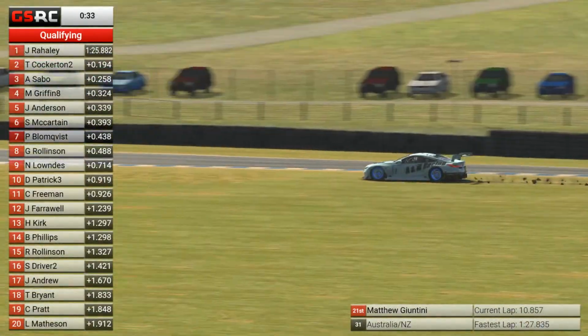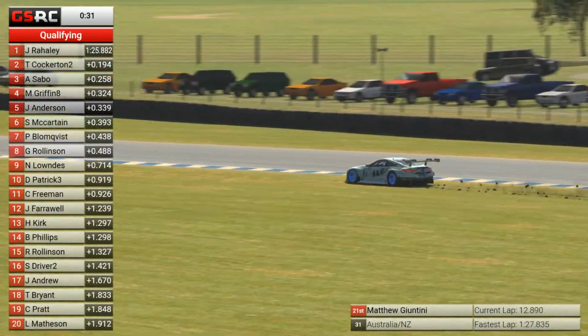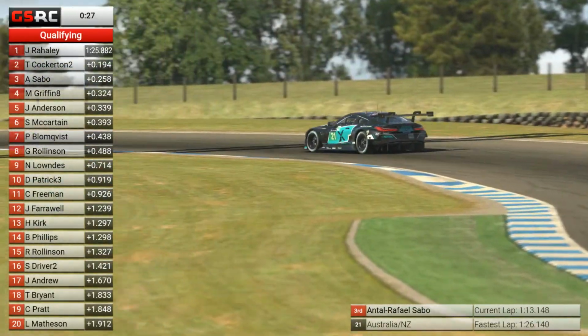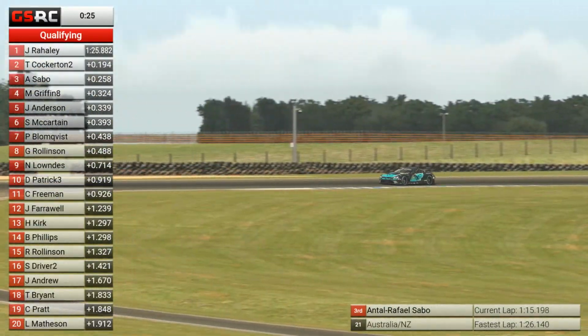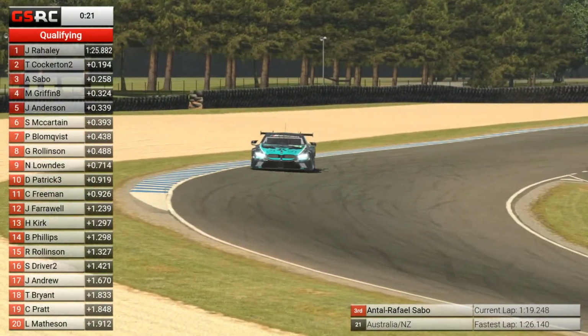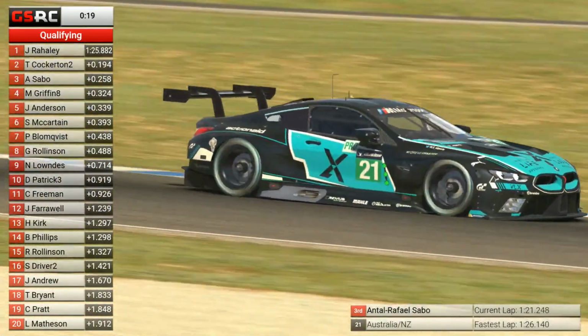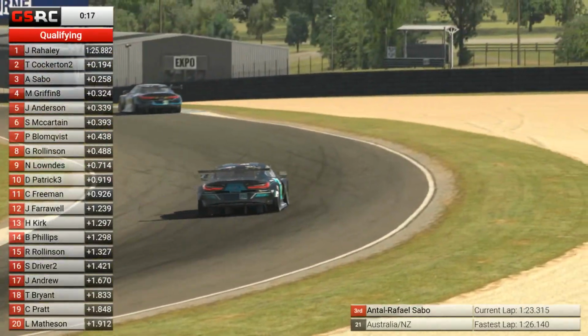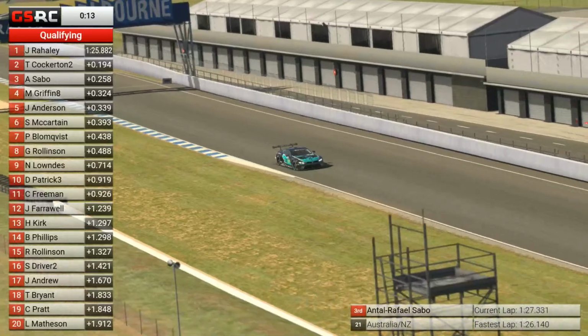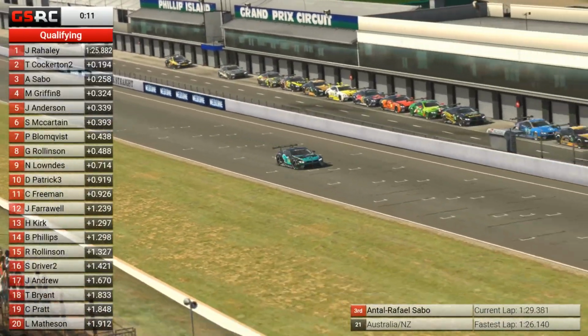Yep, he'll have to go around. He'll get one more. Whoa, and that won't count either. So that's Matthew Giantini. He will not do better than 21st place. He's full commitment there going down into turn 1. So, until Rafael Sabo, our early championship leader, what can he do? He's currently in 3rd. Can he get up onto that critical front row of the grid for the run down to